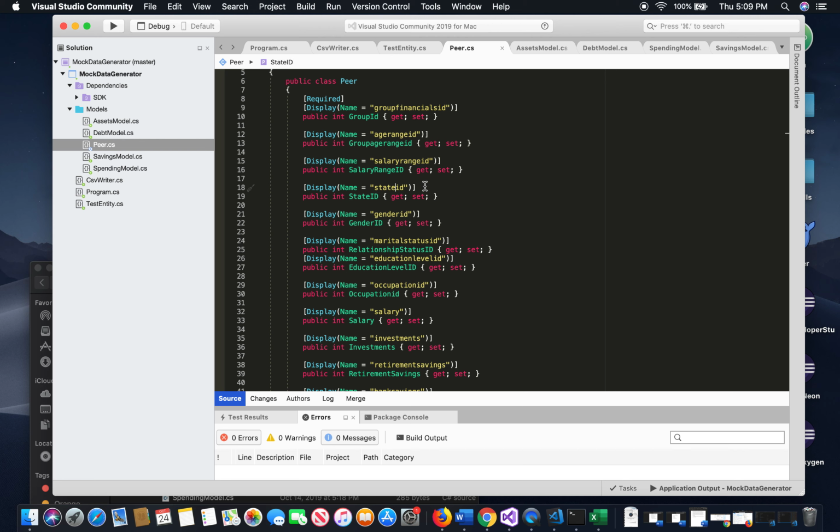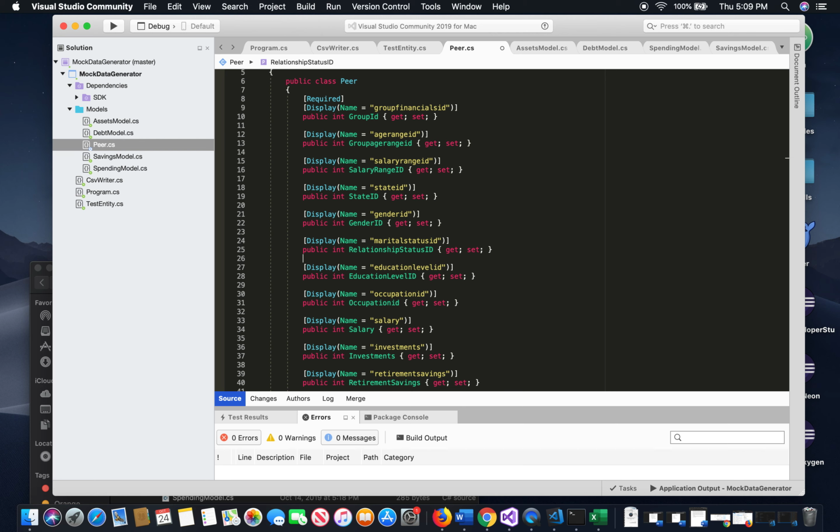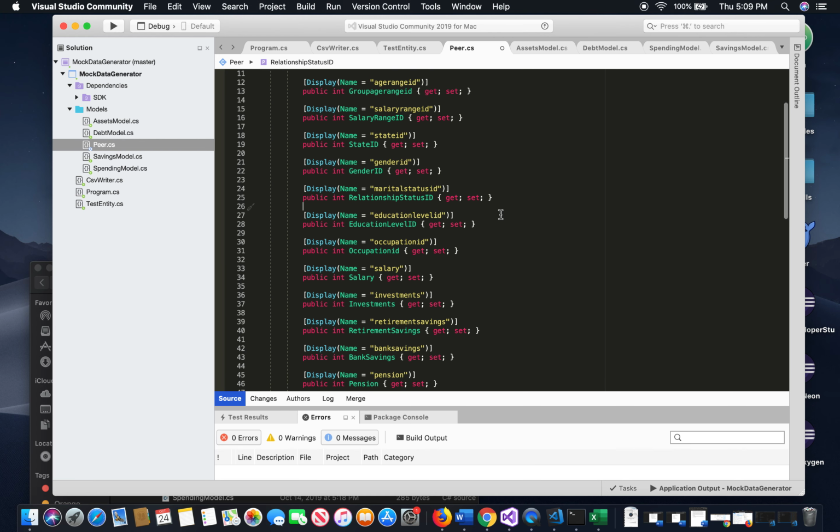States, we have all 50 states plus Washington, D.C., so 51 values here. Just 2 options for gender ID. 4 different options for marital status ID, either single, married, single with kids, or married with kids. We have 5 different education levels and 25 different occupation IDs, and these IDs were gathered from the Bureau